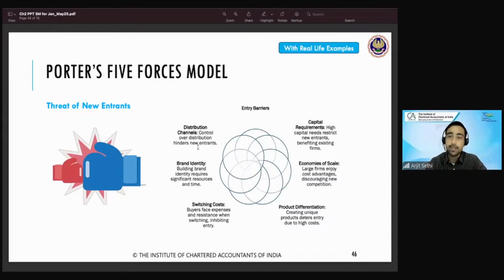Brand identity. Again, Samsung TVs. TV लेना है सोनी का ब्राविया लो या सैमसंग का लो. The market is over there. Okay. Everybody would tell you they're costly, but the brand identity. You want to buy a TV, an LED, OLED TV, whatever, go for a Samsung or a Sony. People would tell. I'm not telling you. I'm just giving you an example. You can buy any company you want, but that's a brand identity.